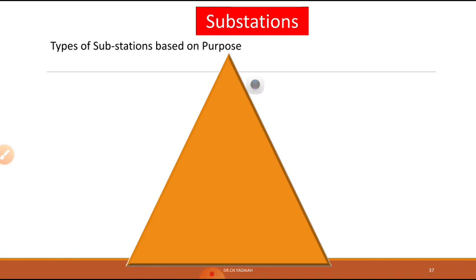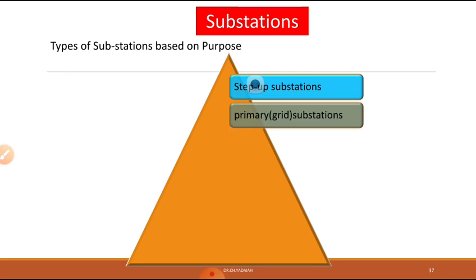Substations classified based on their applications. Now, types of substations based on purpose. What is the purpose of this one? Similar to the previous one. The first purpose is the step up substation, which is for power generation, and the primary substation, which is a power grid substation, the main substation connected to the different generating stations,